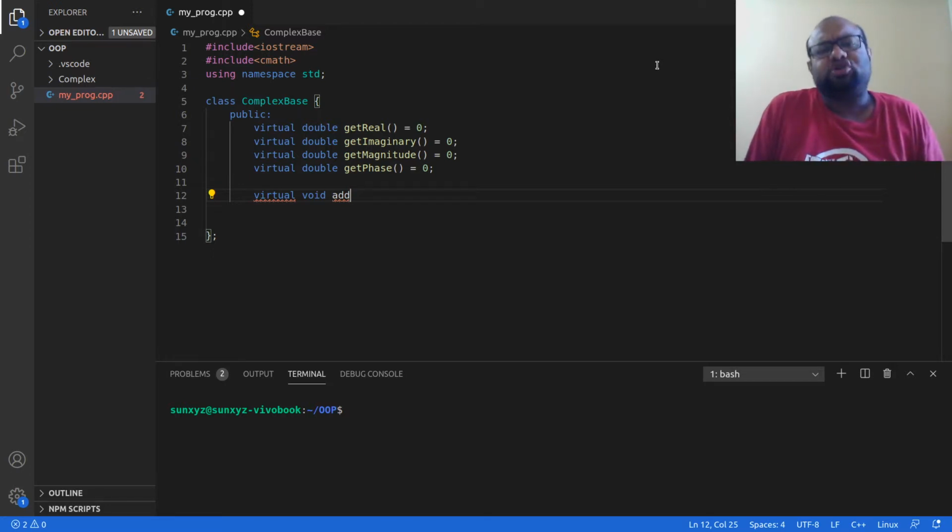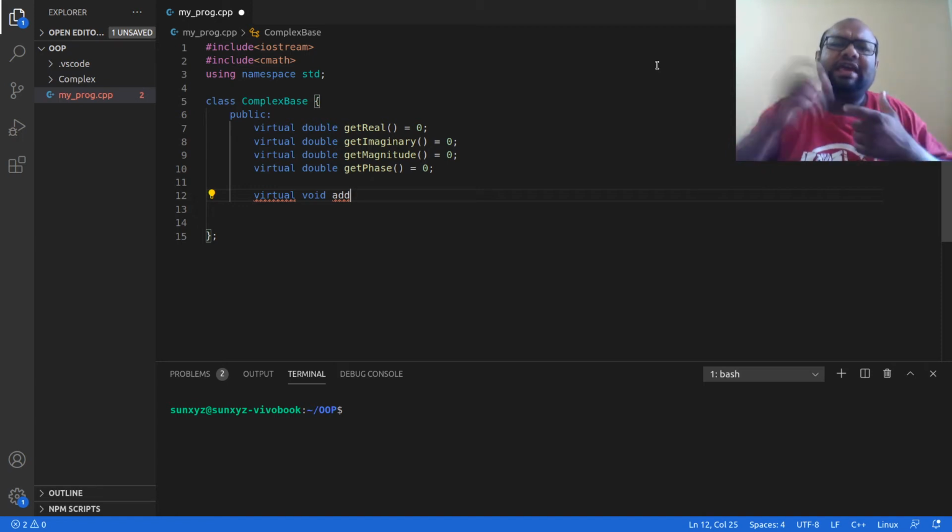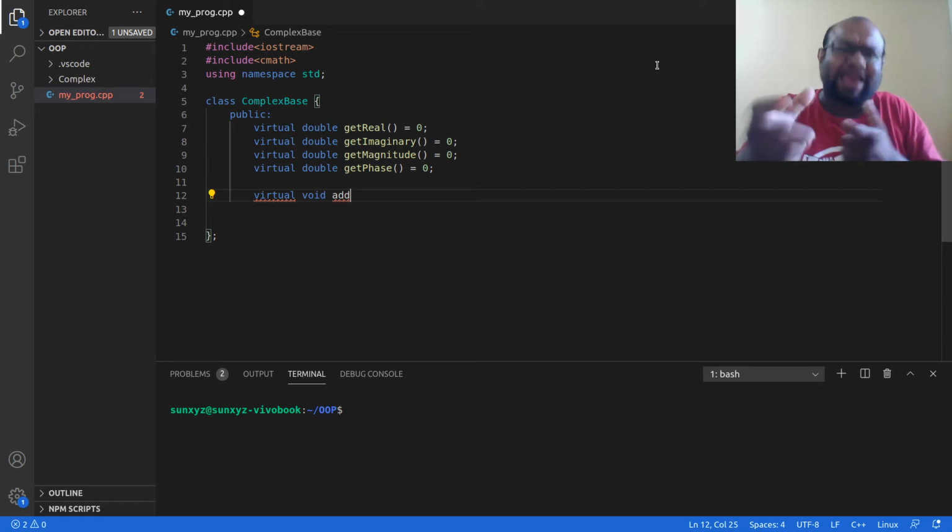So when I want to add A and B, I will be calling this A object's add method. So A arrow add, that is what I am going to be calling.